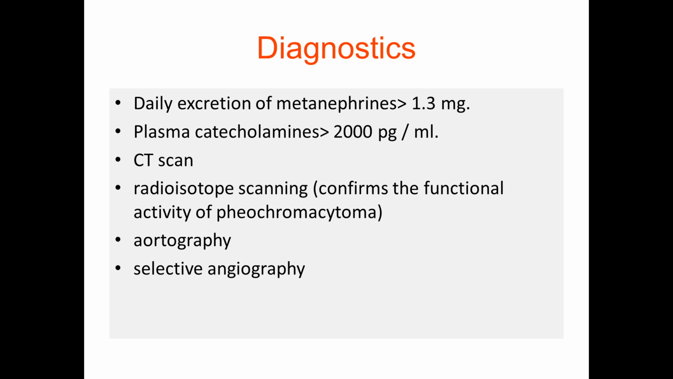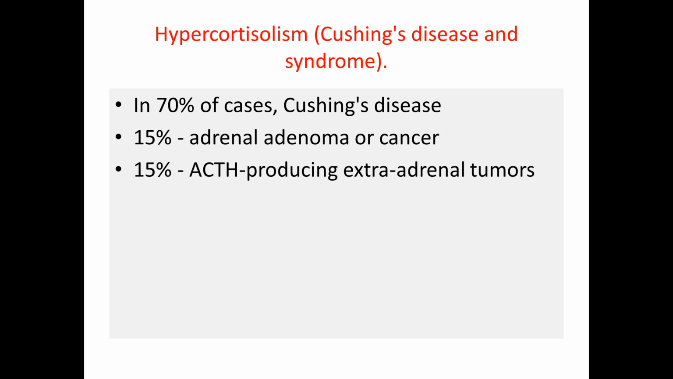A CT scan shows you a tumor in the adrenal gland, or the tumor may be in an extra-adrenal location. For localization, you use radioisotope scanning and aortography or selective angiography. Next is Cushing disease and Cushing syndrome,